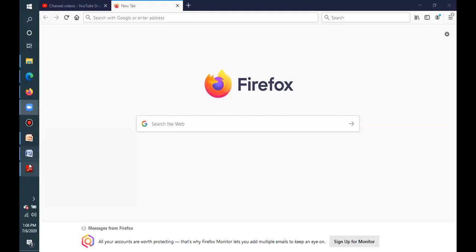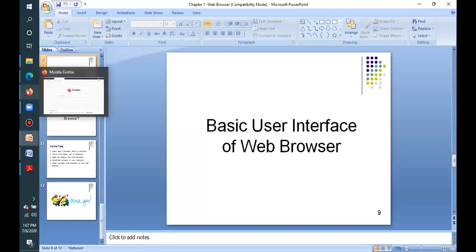So this is called actually what? Taskbar. Usually you find this taskbar horizontally. For my use, I basically change the position. I make it vertical. So usually you will get horizontal. So I minimize the web browser, and here it is. Can you see the web browser here? If I minimize it, then it will be available on the taskbar. This is called taskbar.